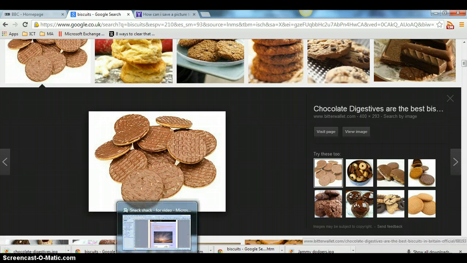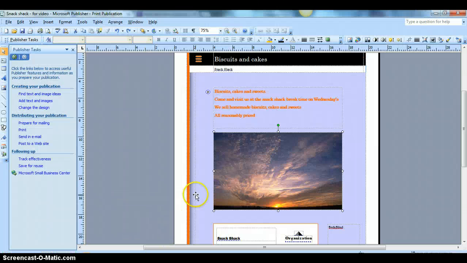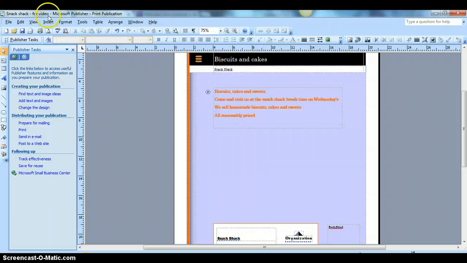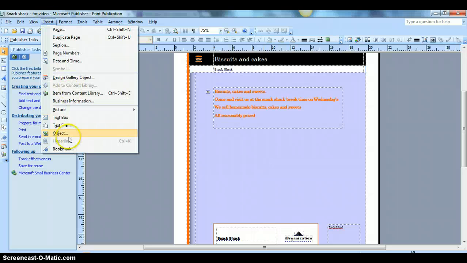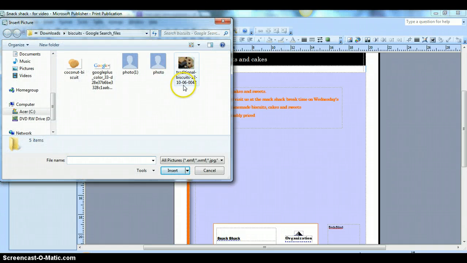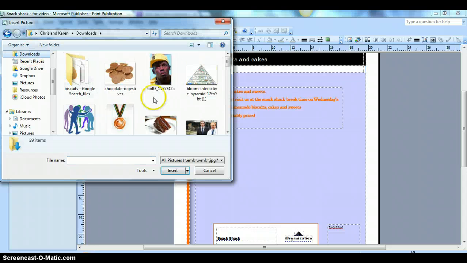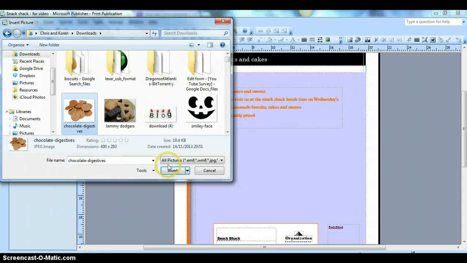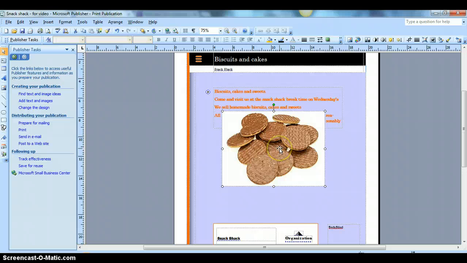Okay, but now we're going to go back to our publisher flyer. I'm going to delete the image I've got there, and I'm going to insert picture from file, and remember that we said it was in our downloads area. So I need to just find the downloads area on the left hand side, and there are the chocolate digestives. Okay, so I'm just going to move that into position,